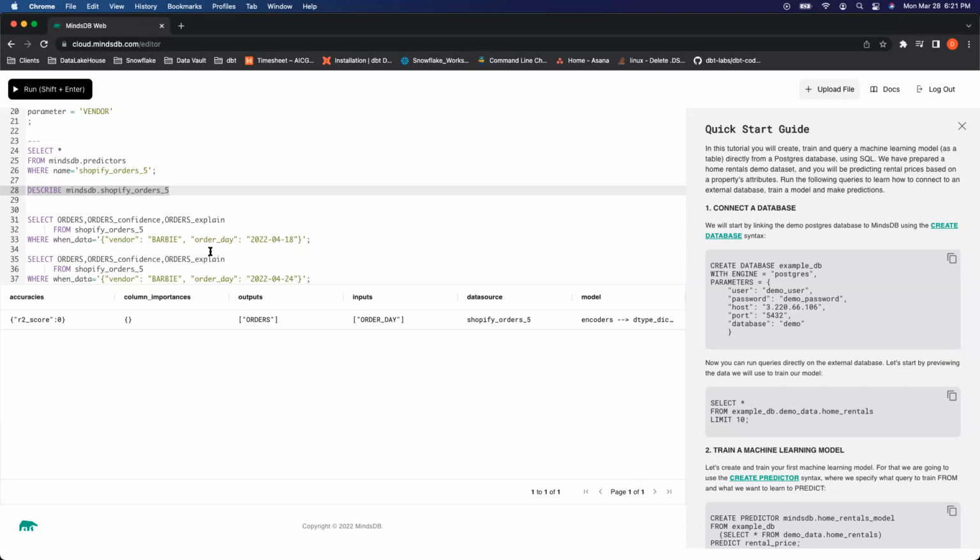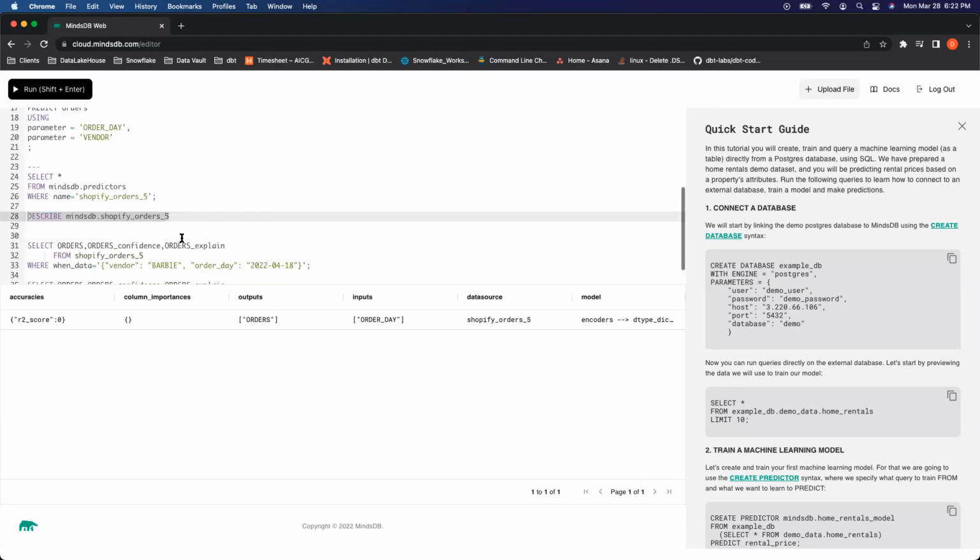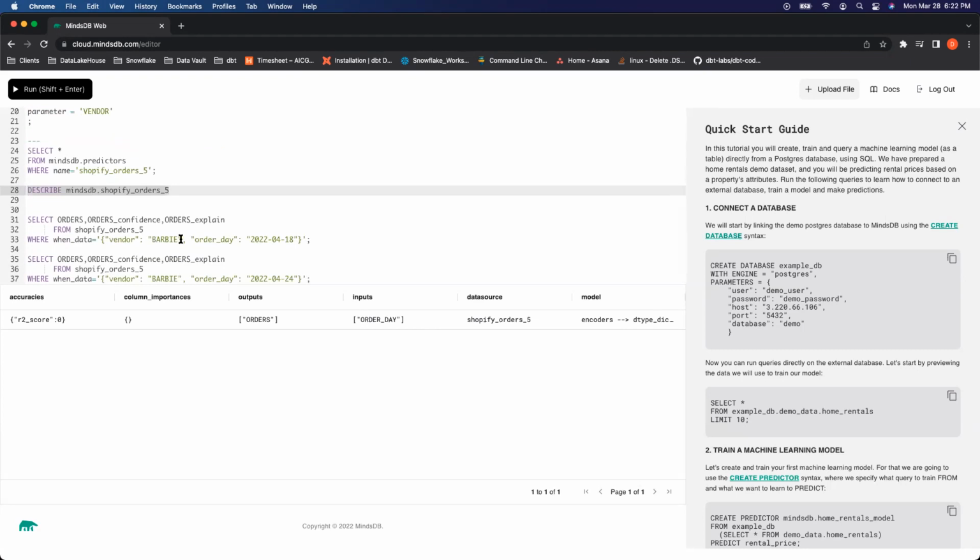So if you were to query the data that we had input from the file earlier, such that we are just looking for Barbie and the order date of 2022-4/18, well, that data doesn't exist yet because 4/18 is in the future. But the beauty of the MindsDB AI table is that, based on the model that we trained, it will input both of these